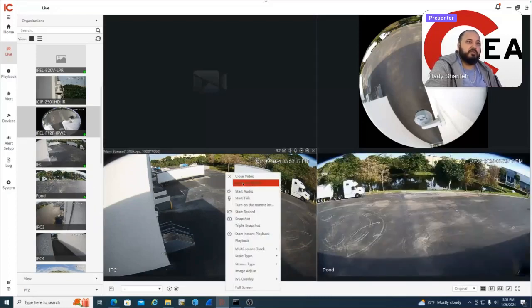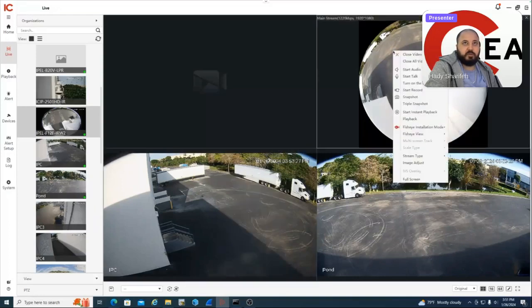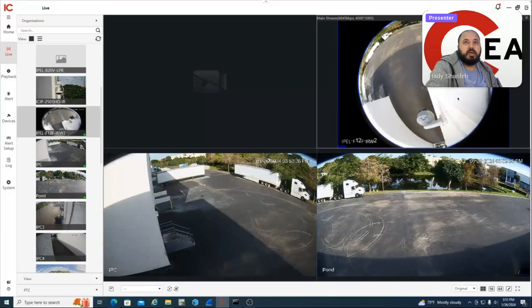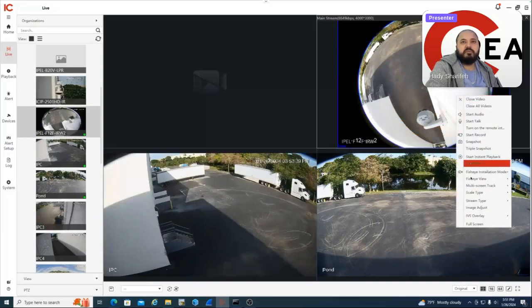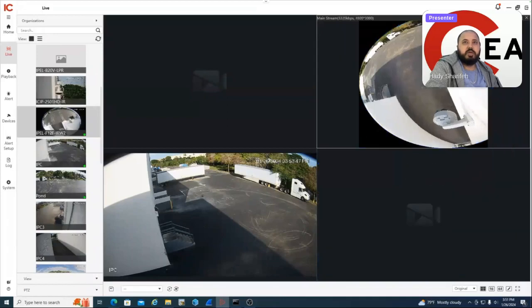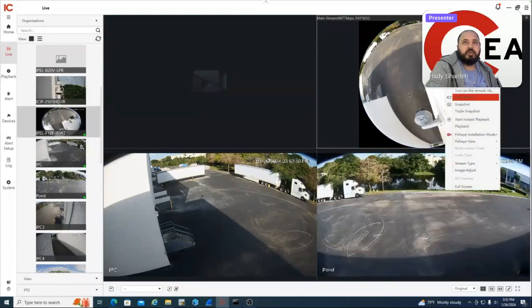That was the main focus on the software, and we did keep a lot of the elements still the same, like the controls up here or the right-click menu. For example, with fisheye cameras, you would just right-click. You would select the way it's mounted, like if it's on the wall, on a tabletop, or mounted upside down or in the proper format. You would select your mode. Otherwise, if you go down to fisheye view, it's going to be grayed out. So you have to make sure you go in here, select your view mode, and then afterwards you can go ahead and